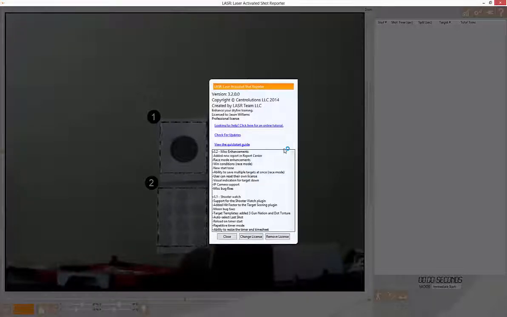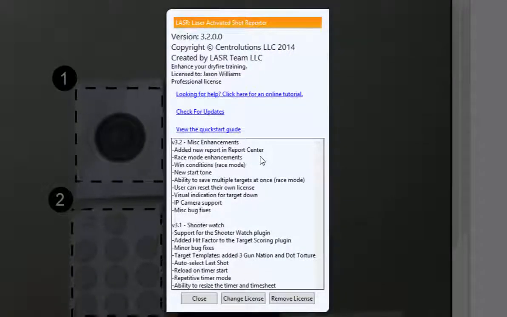Hi everybody, this is Jason from the LASR team, and this is what's new in version 3.2 of the Laser Activated Shot Reporter. The very first thing on our list is that we did add a new report to the